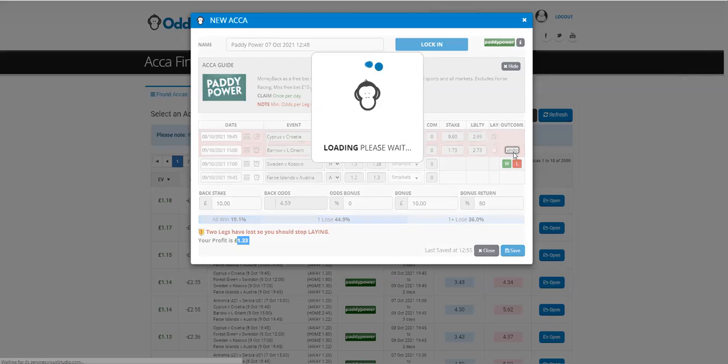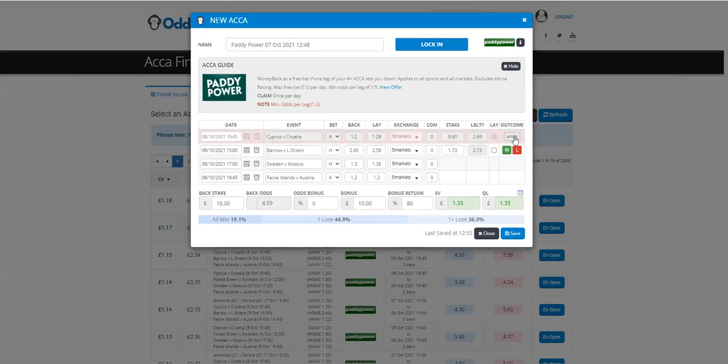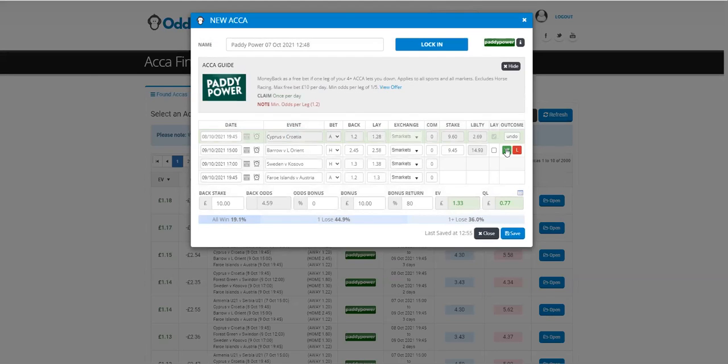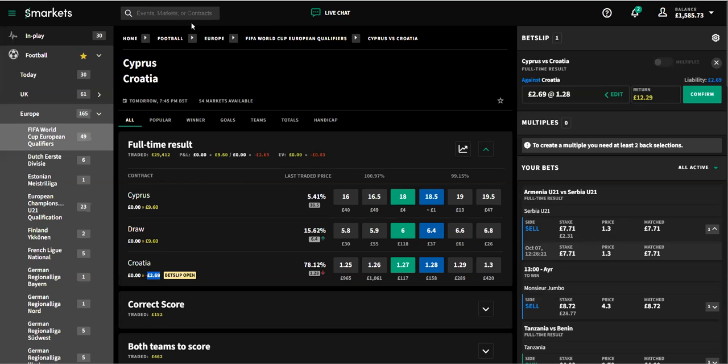Let's undo this, unpick it, rewind it, and go through another scenario. Let's say Croatia win their match. Let's say Barrow win their match. So Croatia have won. So we then go to find the Barrow match, and we pop in